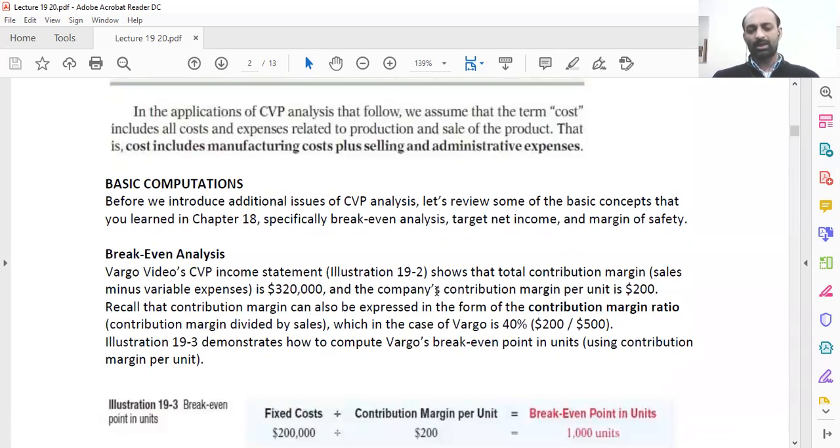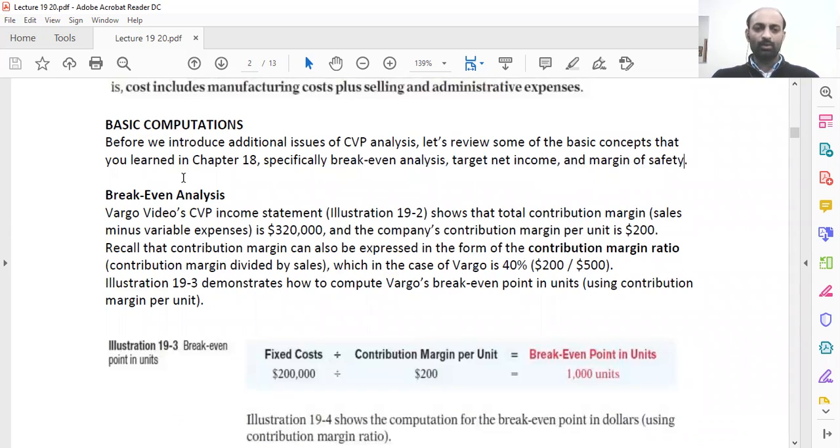Before we introduce additional issues of CVP analysis, let's review some of the basic concepts that you learned in chapter 18, specifically break-even analysis, target net income, and margin of safety. So as you would remember,